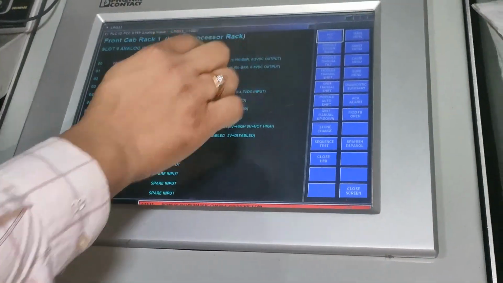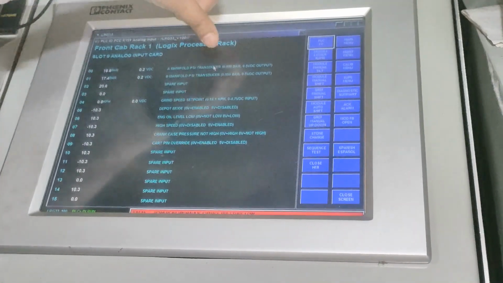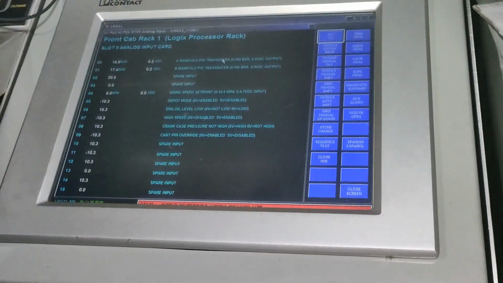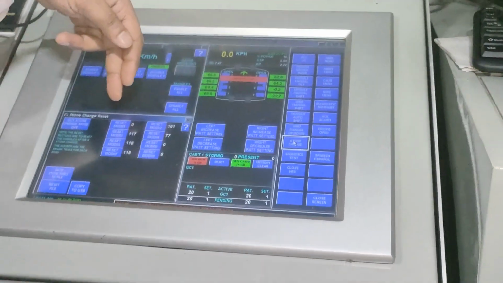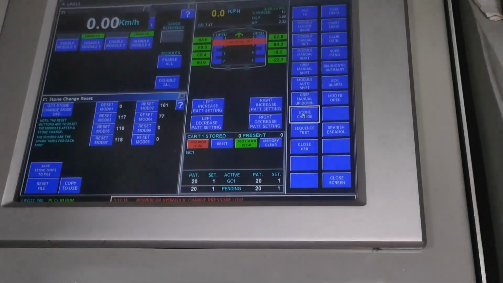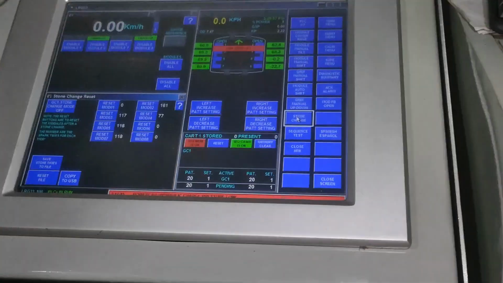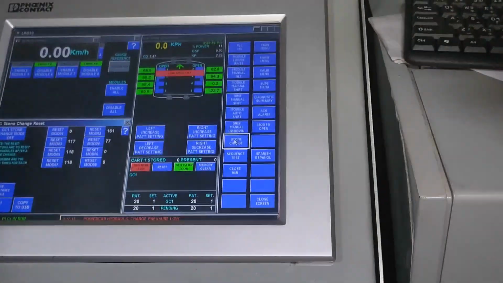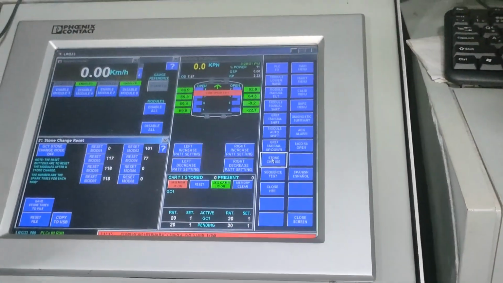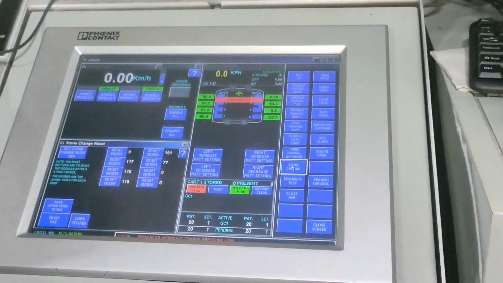For example, I open this card. Now you can see all the details, that A manifold, transducer. So these are the parameters which are being used in this. Now you can see this is 0, this is 0, this is 0. That means no spark time is there. That means this is a fresh stone. Fresh stone. Right? And some are 118 spark. Clear or not clear? Yes. So we have to put it manually, reset position. Yes, yes. Okay. Right now I am not touching anything, right? Because it will be reset position, right?